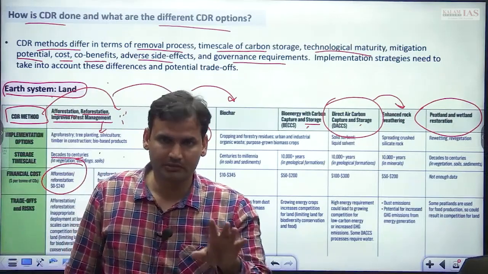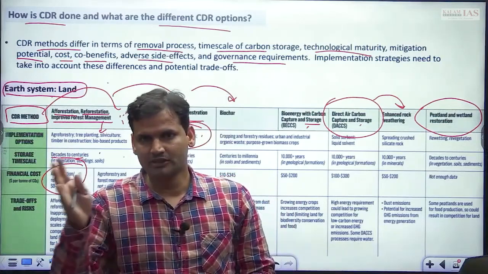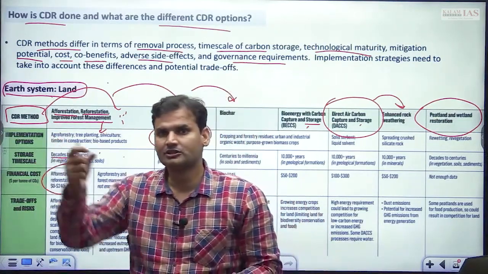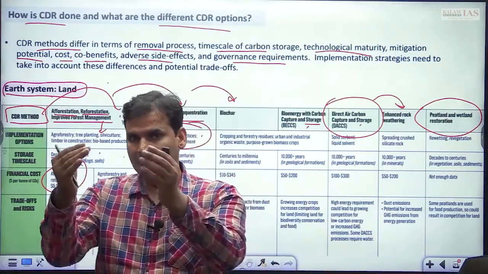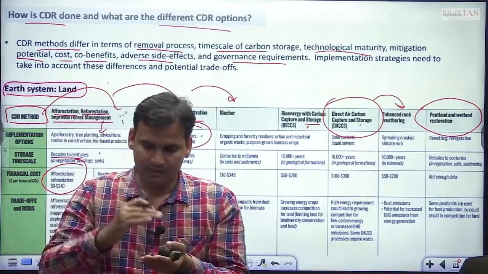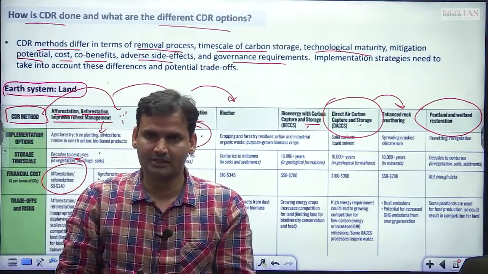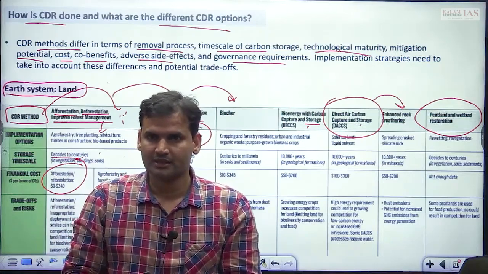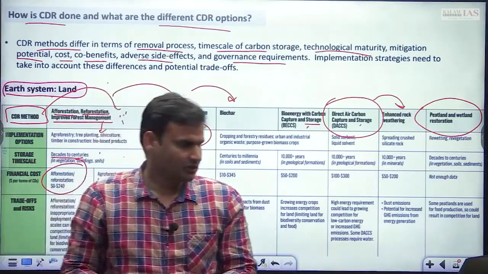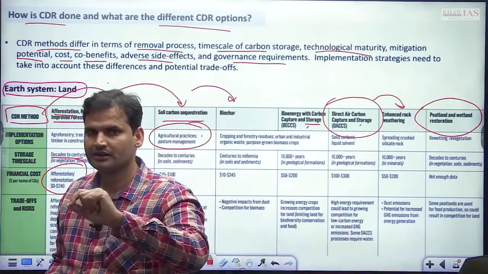And in current news you must be hearing that peatlands are getting damaged or destroyed, and because of the same, what is happening? Tons and tons of carbon dioxide, which up till now was stored in the earth, from the peatlands, a lot of carbon is being emitted into the atmosphere, and it is further accelerating your global warming, because carbon dioxide, all of us are aware, is a greenhouse gas which traps the long wave terrestrial radiation.